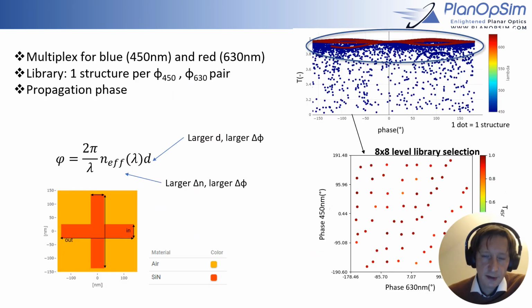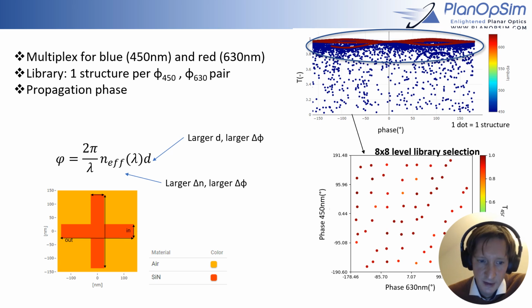As usual, we start by designing our metasurface library. We use these cross structures here, and we vary different parameters, the width of these crossbars and also their length. And we change these behaviors in order to achieve high transmission, as shown here on the top plot. So the blue dots are the transmission for the blue wavelength, the red dots are the transmission for the red wavelength. And then we also examine their phase behavior for the red wavelength on the x-axis and the blue wavelength